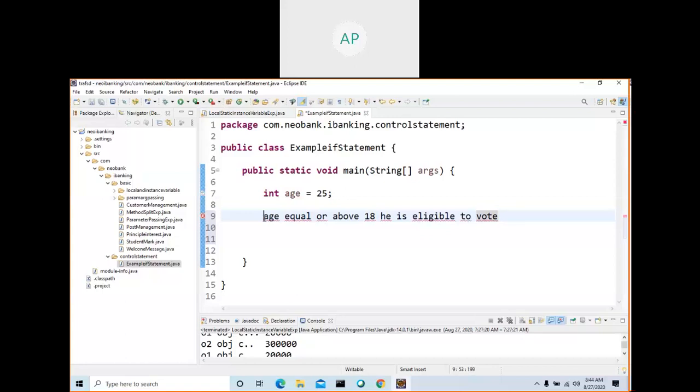So this is a comment, right? This line will not be executed by the JVM, it is a comment. Okay, if condition.